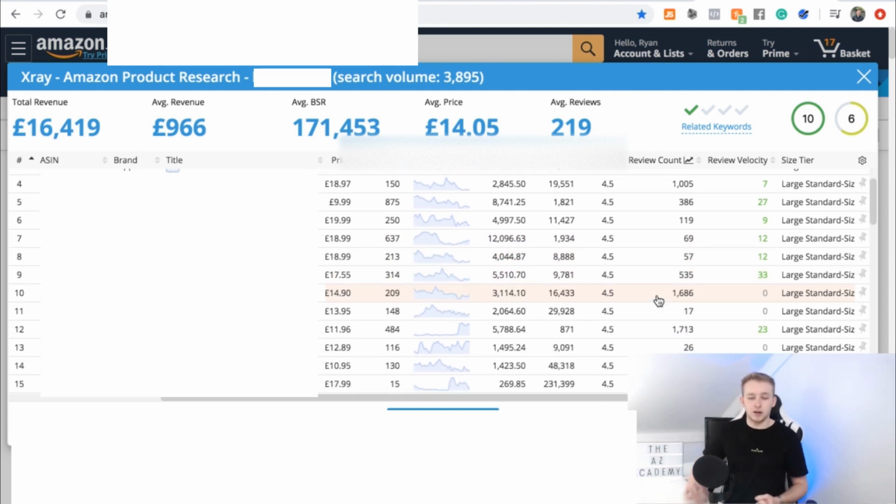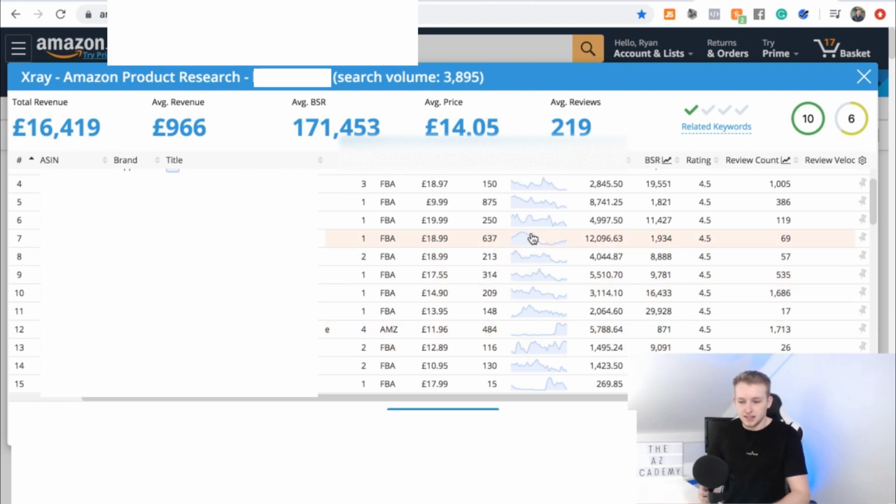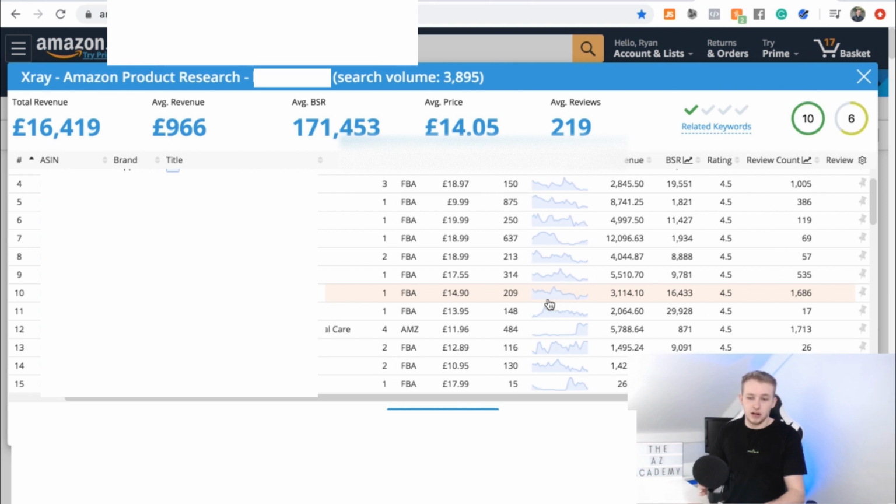I would now go on to calculate the margins of this product. I would look at the listings, where can I improve, where can I differentiate, what can I do different about this product, what can I bundle and add to it to try and stand out in the market. The only thing that worries me about this product slightly, like really slightly, is the sales trends, but I'm sure if I looked at a few more of those, that would put me at ease and I would have no issues